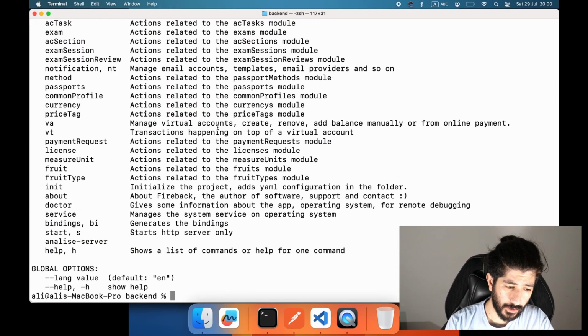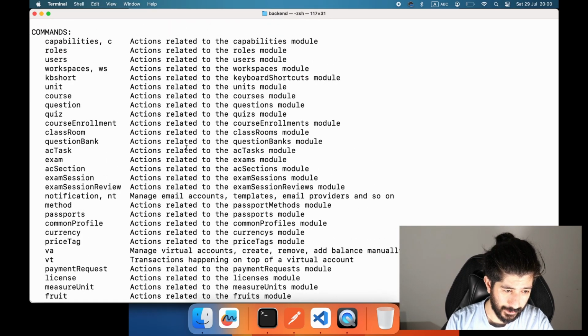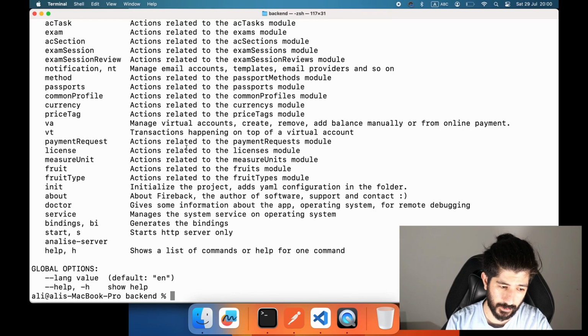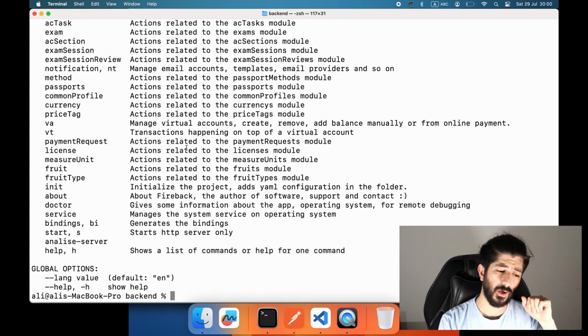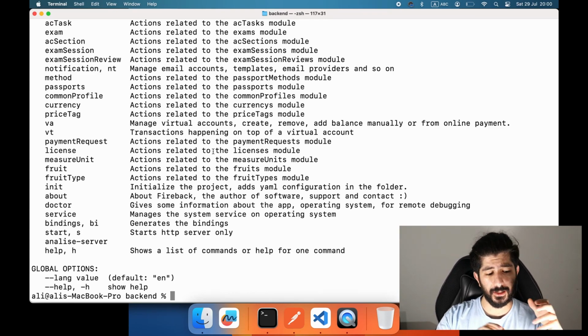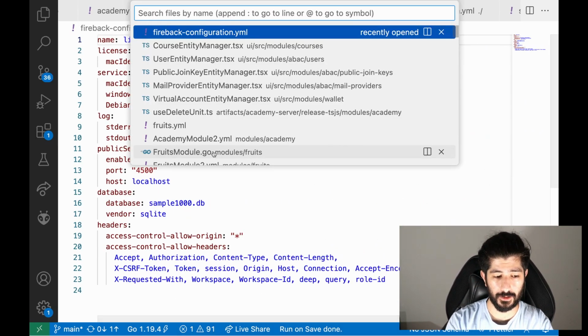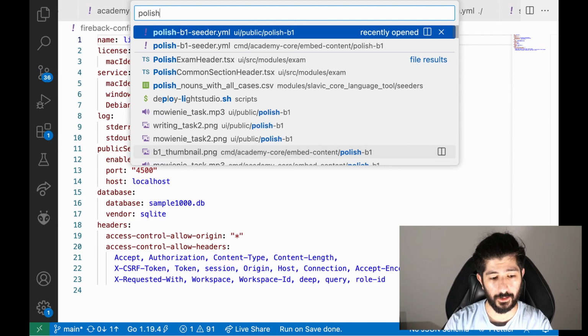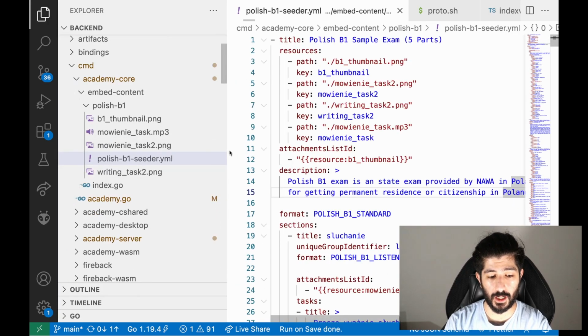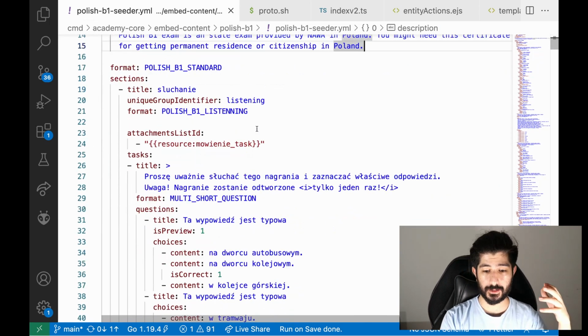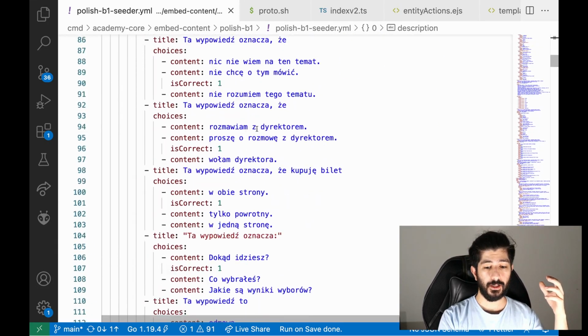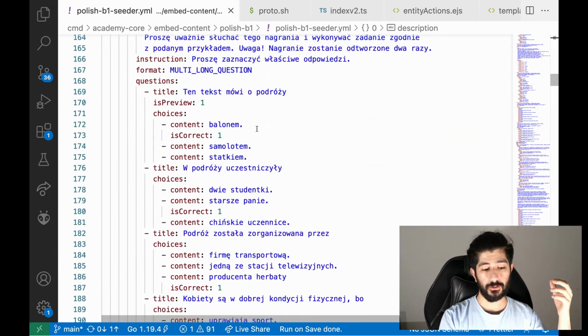Now, if you want to go through the features, that would be a lot. For example, roles, permissions, workspaces. I'm going to do another video on them, but this is kind of the idea. You get it. For example, Fireback could generate this Polish B1 seeder content, by defining this thing as an exam. You see all of